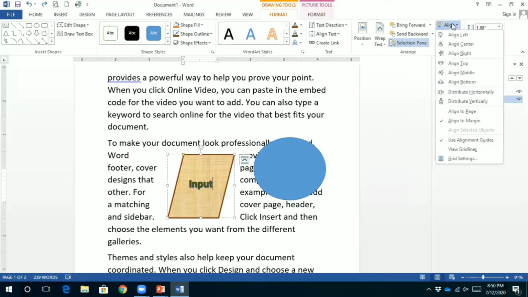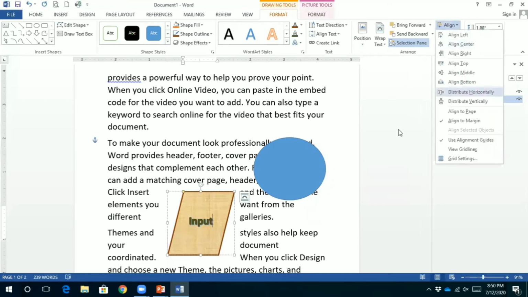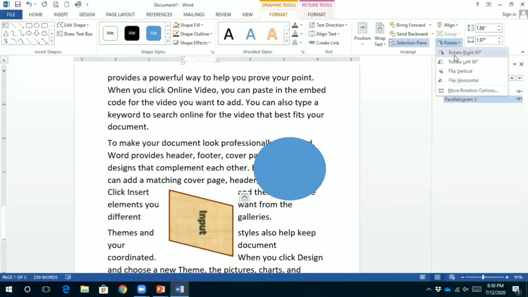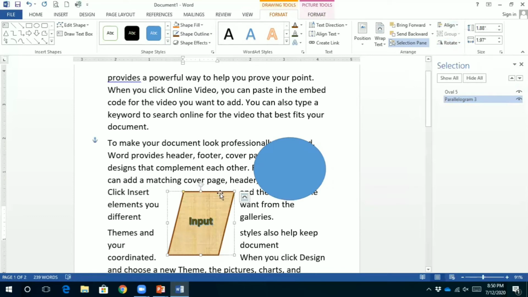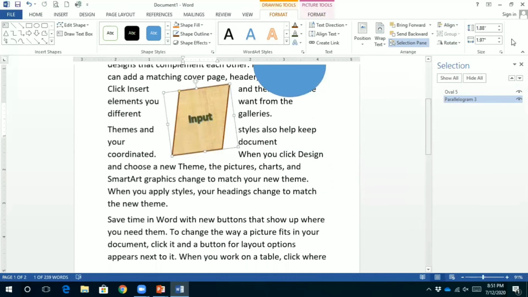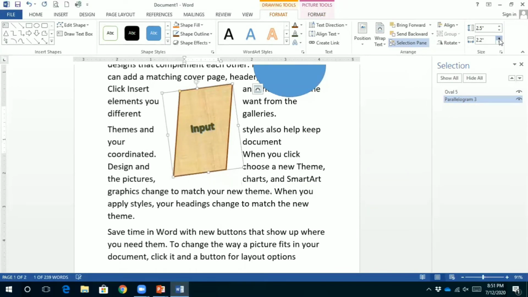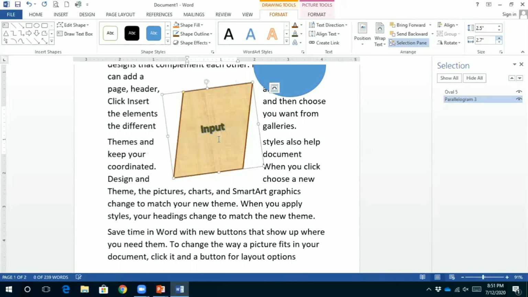So I do have the line option. I want to align left, I want to align center, align middle. Wherever I want to align it, I can align it accordingly. Fine. If you want to rotate your shape, you can rotate accordingly. Here we do also have one control. With the help of this, you can rotate your shape as per your requirement. After this, if you want to change the size of the shape, you can also change it from here. I hope this is clear.